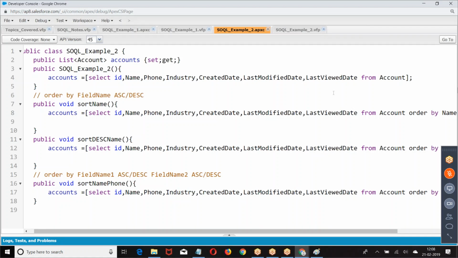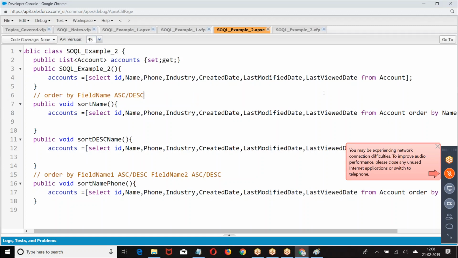What is the SOQL query to give list of records based on last viewed date? Last 10 records which are viewed. The records based on the last viewed date. We can apply limit if you want.